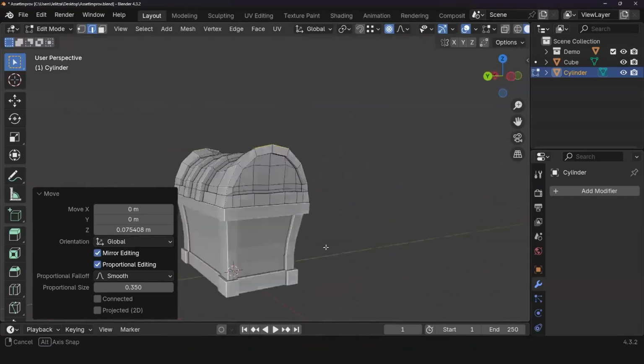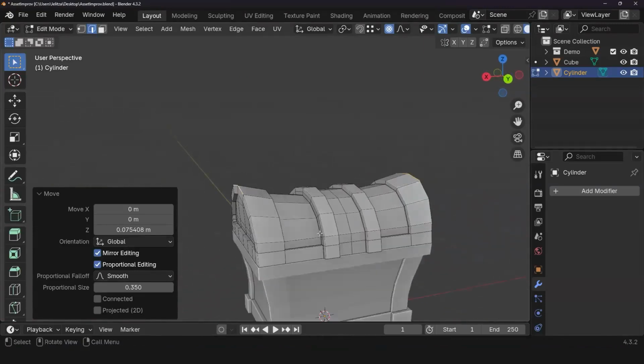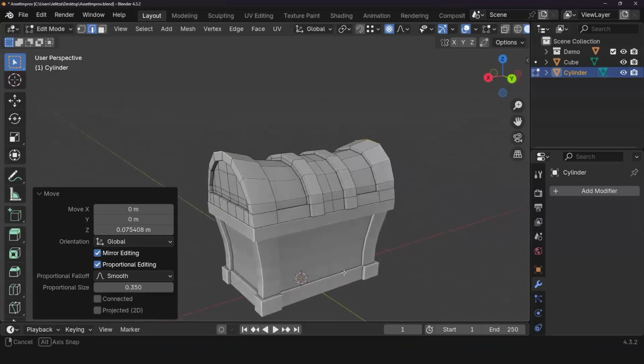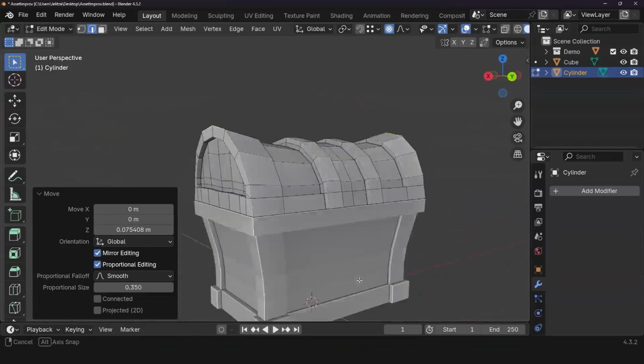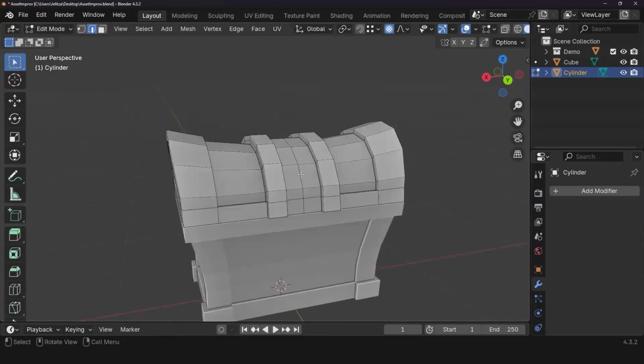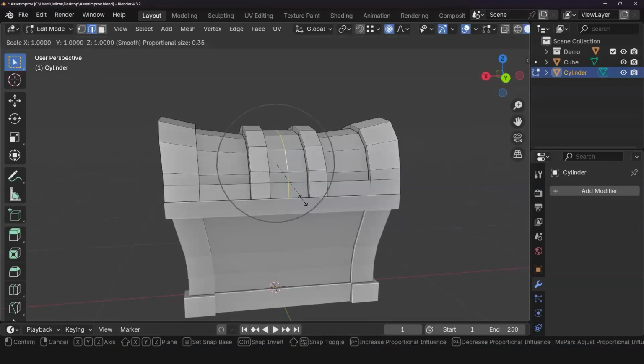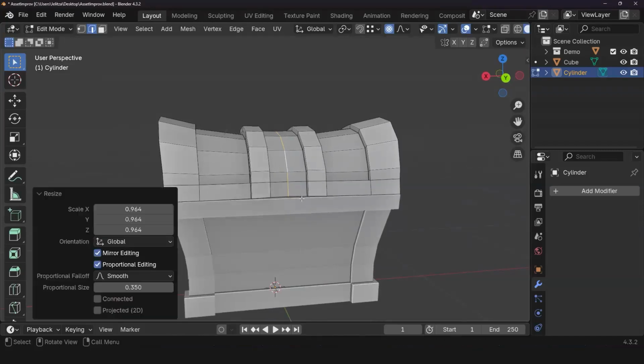Now, this is looking pretty darn good if you ask me. I'd like to actually take this middle part too. So I'm going to do Shift Alt, select that middle guy, and press S to scale.